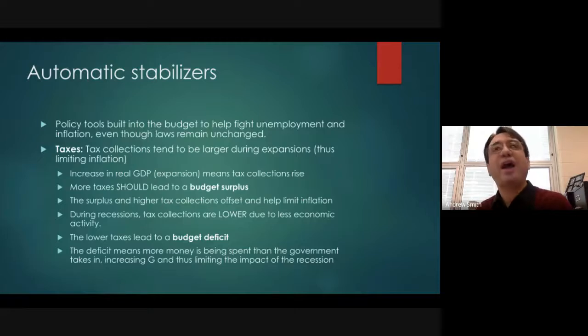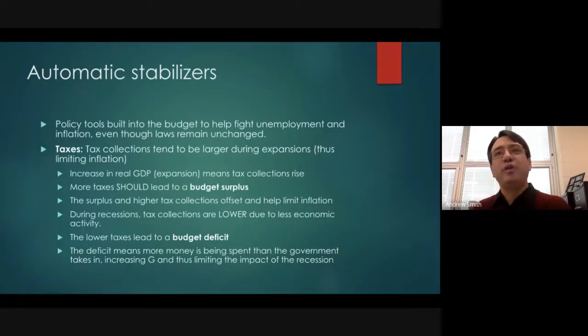They can slow down an expansion, or they can curb a recession just by their very nature. Taxes and government spending will both do that. So for example, even if we don't change the tax rate, tax rate stays, say, 20% on average, well, during expansions, there's more economic activity, so the government collects more in taxes. That will slow down the economy and limit inflation,